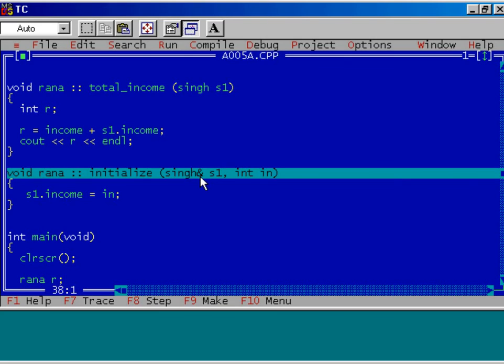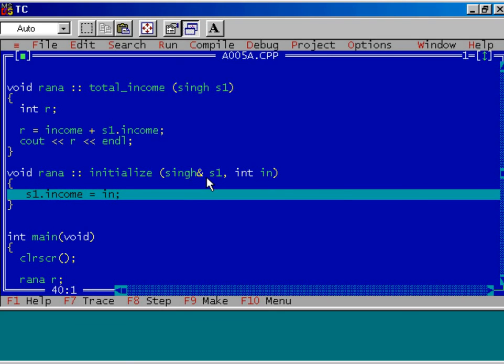Because if you pass the object by using pass by value method, then entire object will be copied to the function stack, which will increase the function overhead. But if you pass the object using pass by reference method, then only address of the object will be passed to the function. Is it clear to you? So that is why I use pass by reference method.